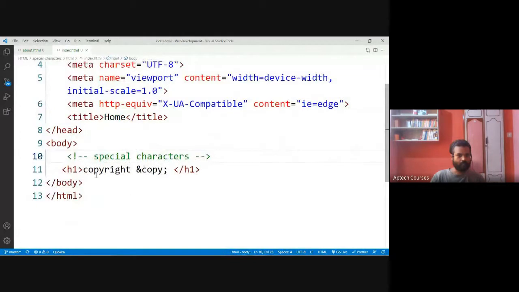special characters. For example, I want the copyright symbol. So there are so many symbols we can use. For example, here I want the copyright symbol.